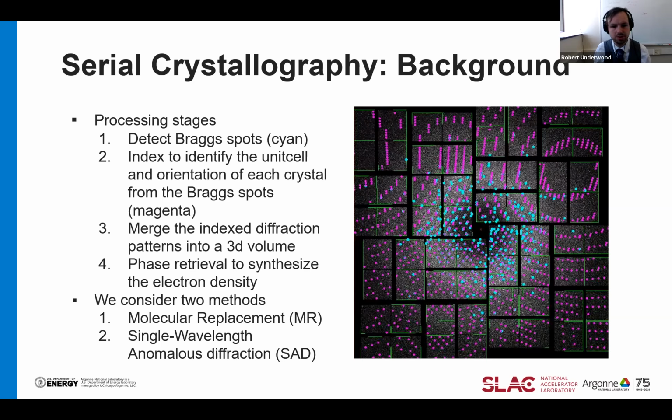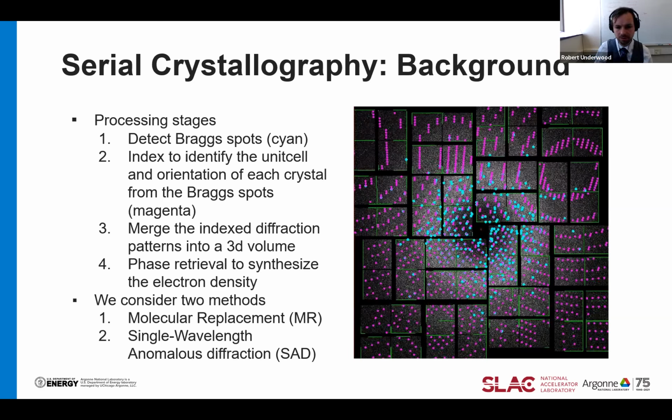and we perform a process called phase retrieval to actually retrieve the electron density. The key part to remember from this discussion is that the last stage here, synthesizing the electron density, is where a lot of the meat of the scientific analysis comes from. That's where you really get to understand the compressed data, but it also is the part that is most easily distorted